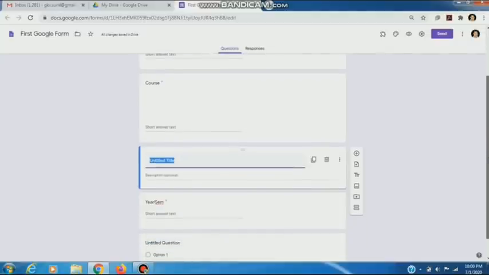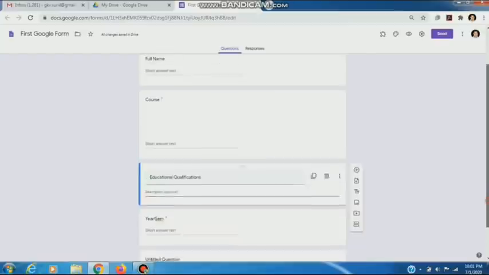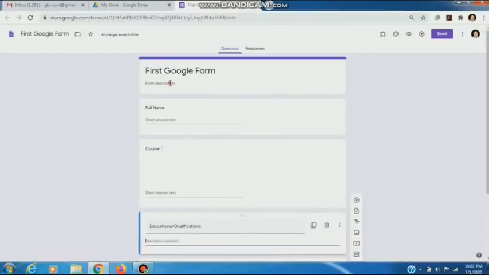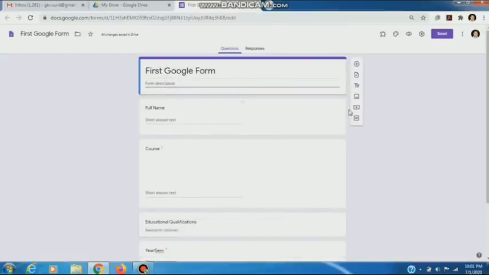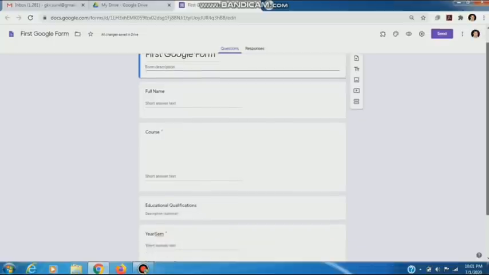In the second section, suppose we want to add educational qualifications. And a description is optional, as we have discussed earlier.